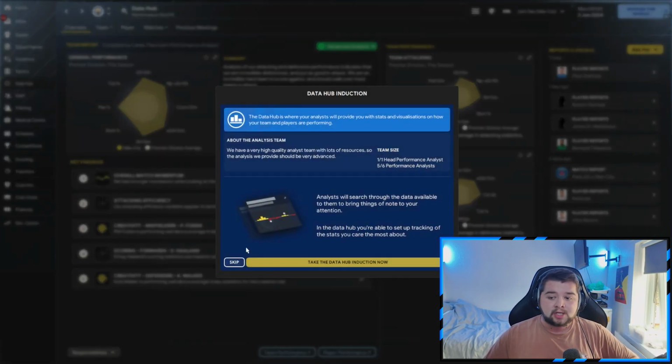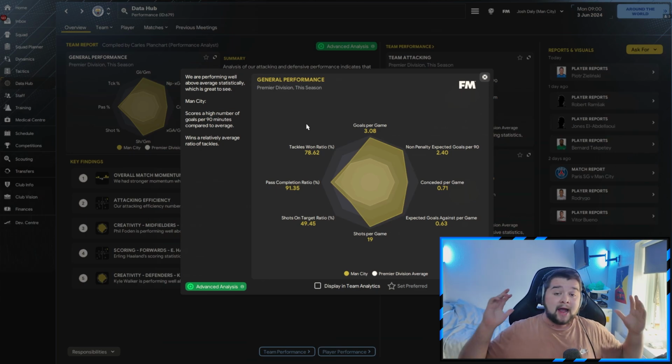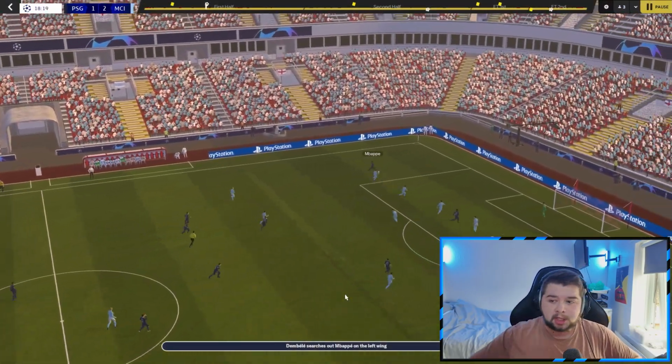Now data hub wise across all competitions, we are going to be looking at over 3 goals a game at 3.08, only 0.71 conceded, bang on 19 shots a game and 91.3% pass completion, so above that 91% we saw in the previous set of stats, and the 78% tackle win ratio. That is incredible. This is why you should get all 3 variants, because we get into the Champions League final